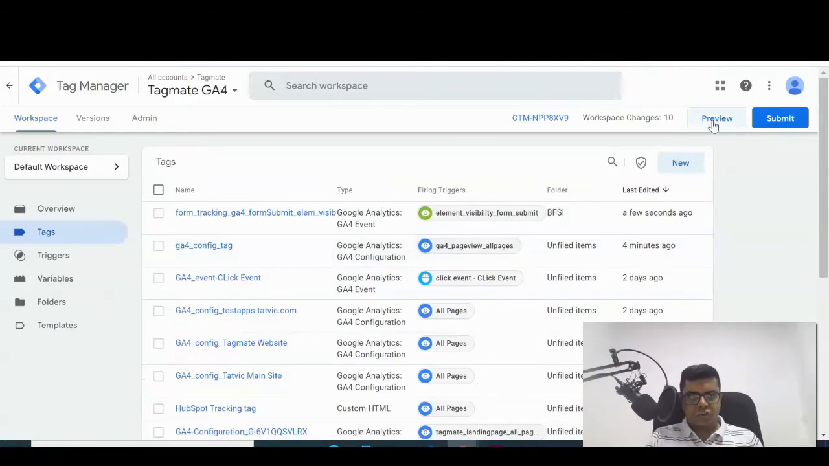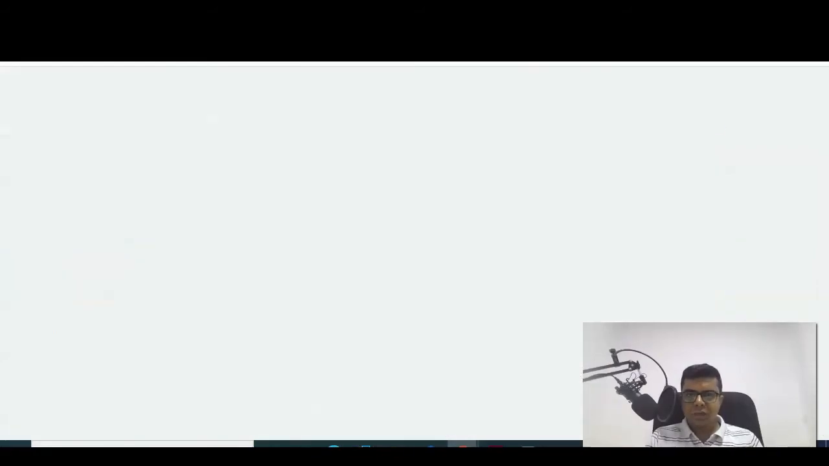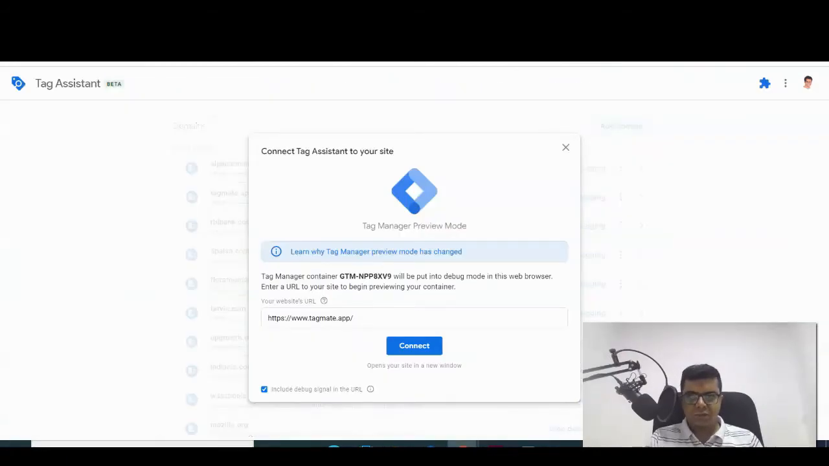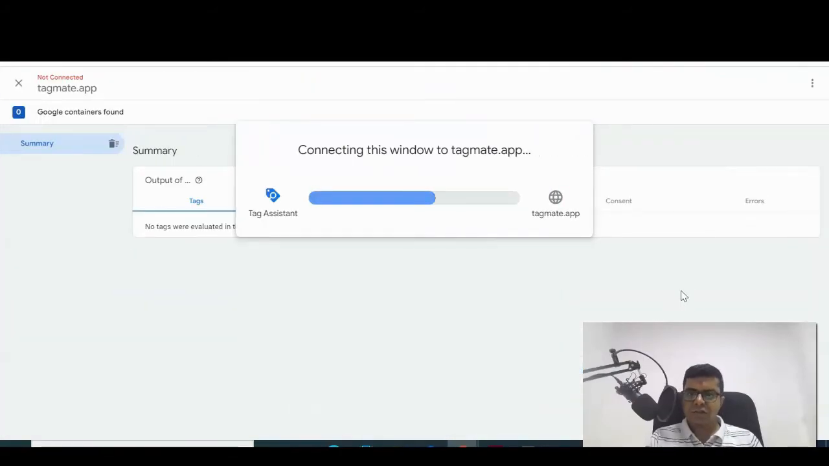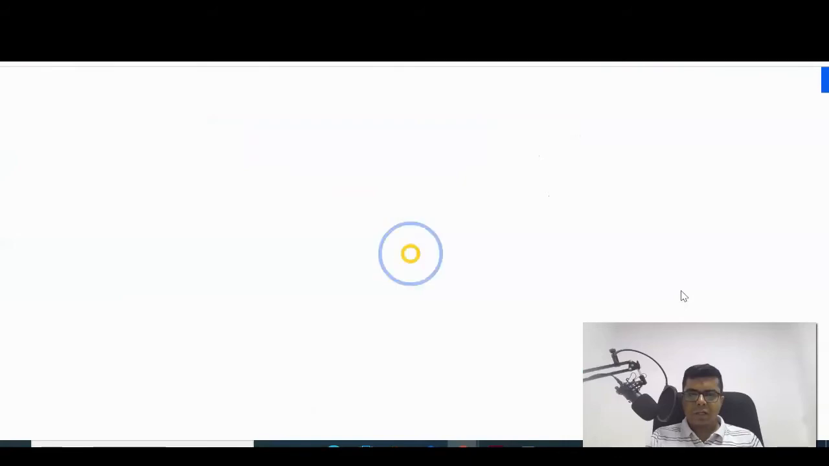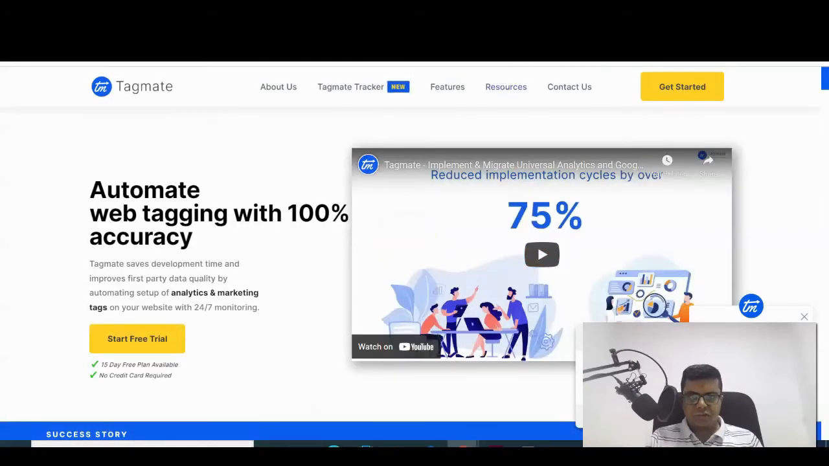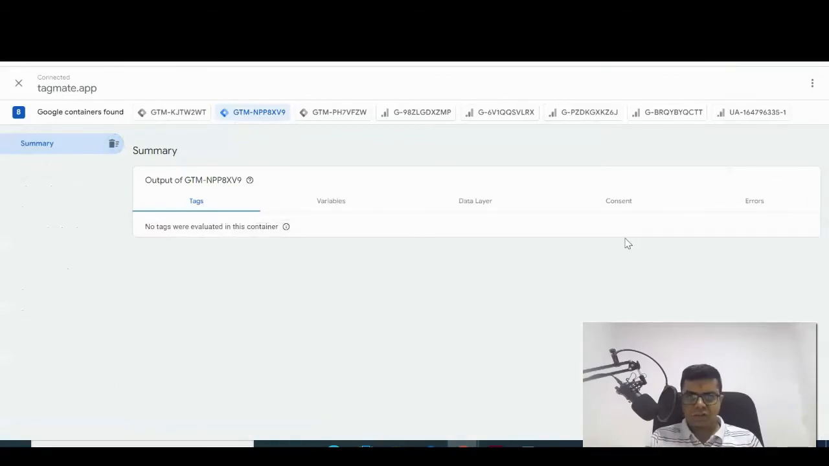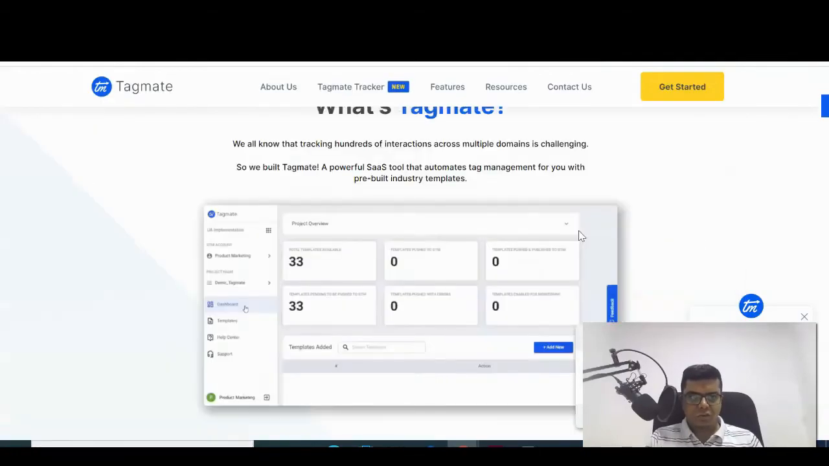Okay, so let's check the real action. Click on preview. And copy this website. Okay, already it has, and just connect it. Okay, so Tag Assistant has started. So let's go to the Tag Assistant. Just clear everything out. Okay, this is our GTM. Now go to the website,